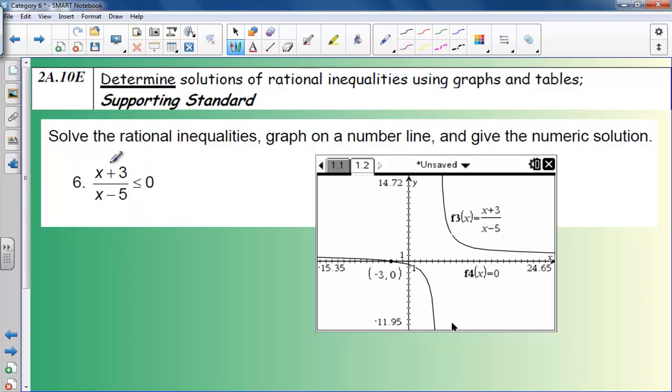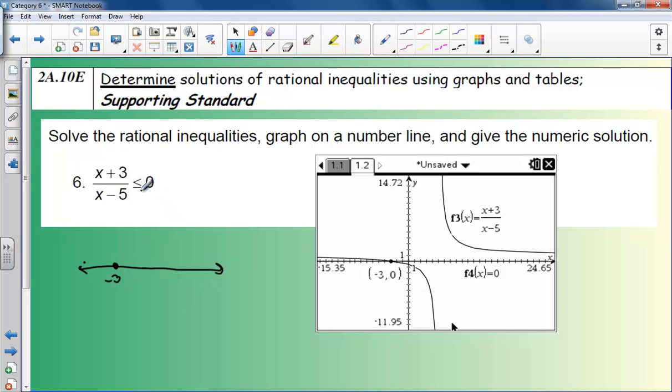So what we do is we graph what's on the left side. So I've done that. I've graphed this rational function that was on the left side, and then I graphed the line just 0 that was on the right side here, and I found the intersection point. And so we're going to show this on the number line, and then we're also going to write out the solution. Okay, so I know at negative 3 I have a closed circle